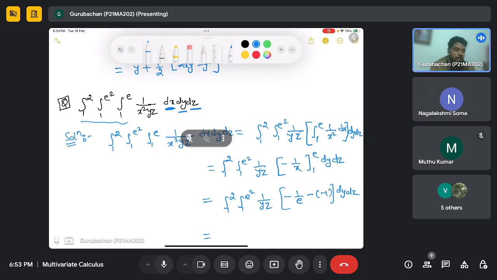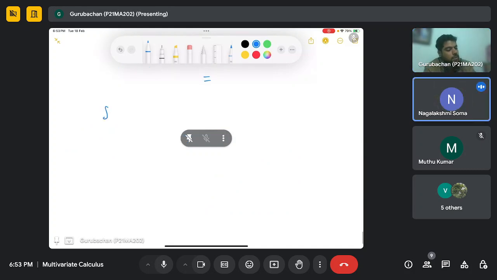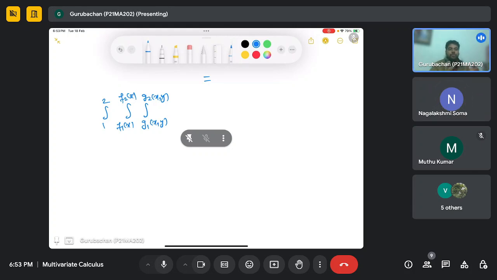Otherwise, if we are given, let me mention it here, a triple integral like this, with some g1(x, y), another one g2(x, y), f1(x), some f2(x), these are variable limits. In this scenario we have to fix the order first. Like first we have to integrate with respect to this. But in constant limits,